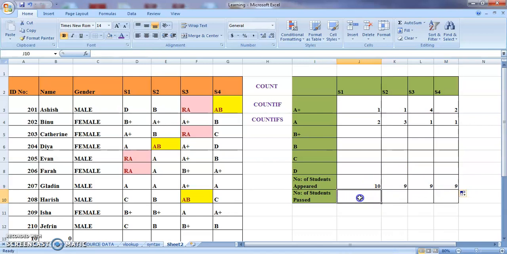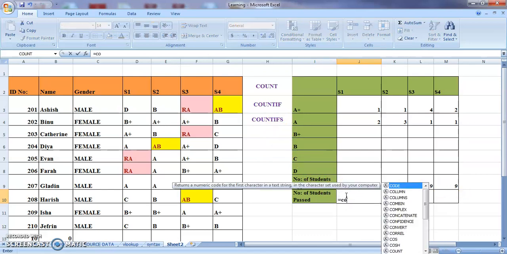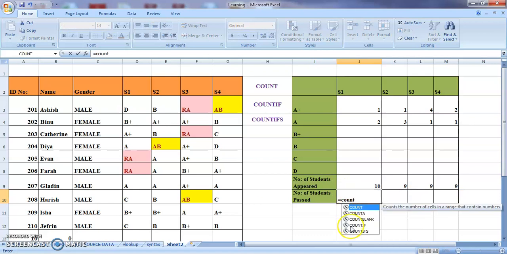Now number of students passed. Here there are two things I have to exclude, not one. One is Reappear, and the other is the absentees. At that time you can go for COUNTIFS because you are using more than one condition. Equal to COUNTIFS, it will appear here. Now what is the range? The same range.